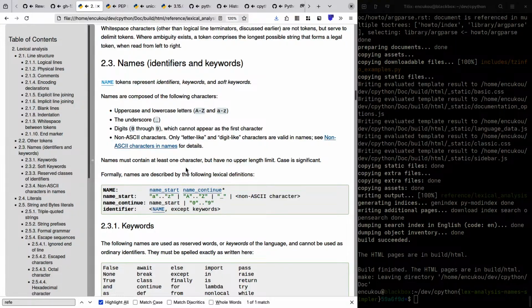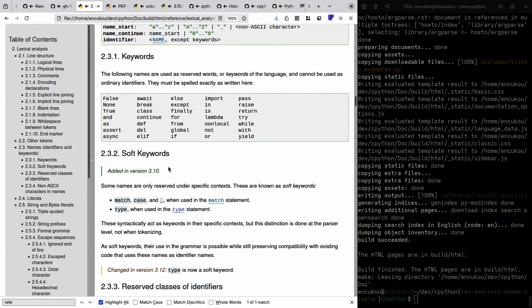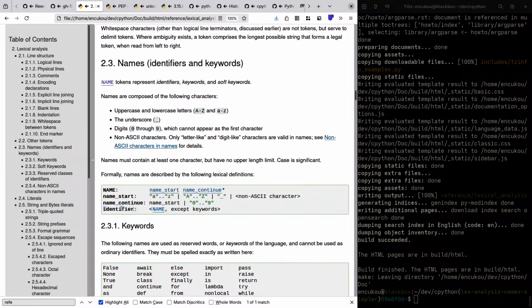Right. And now we say identifiers are names except keywords, and keywords is defined right after this, which I guess is fine.